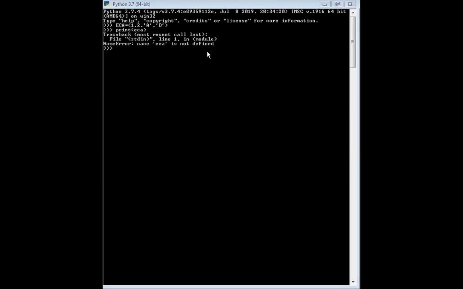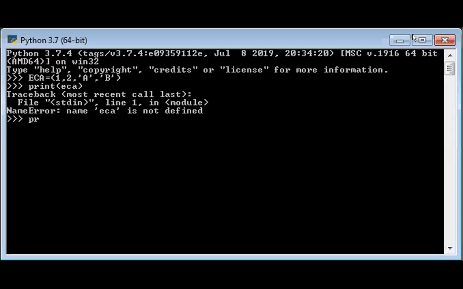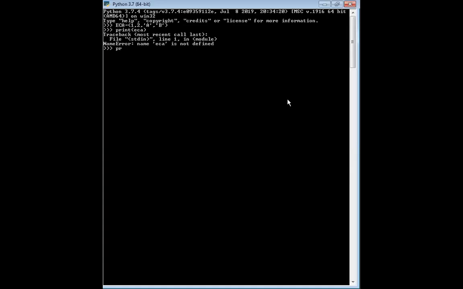Now if I want to execute this, what I will be doing is taking the print, and then specifying the capital letters.